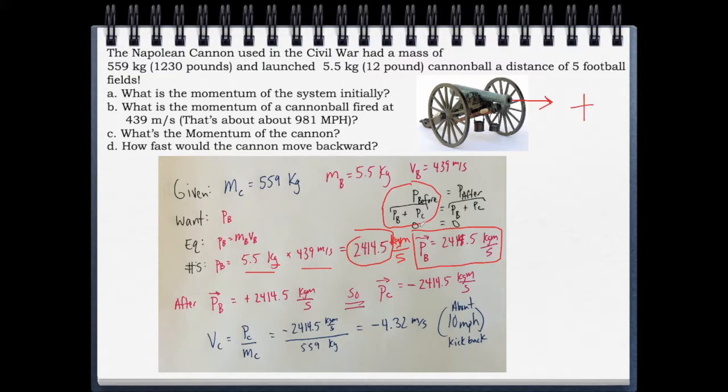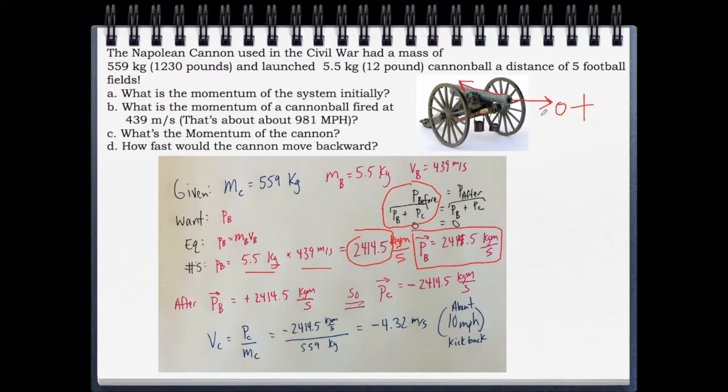Well, just because we fire the ball doesn't mean that all of a sudden we have momentum that was created out of thin air. So what's going to happen here is momentum after for the ball, even though it's out here and it's moving forward very, very fast, that has positive momentum going this way. Well, since this part of the system has positive momentum, this cannon has to move backwards. And it has to move backwards with the exact same momentum that the ball has.